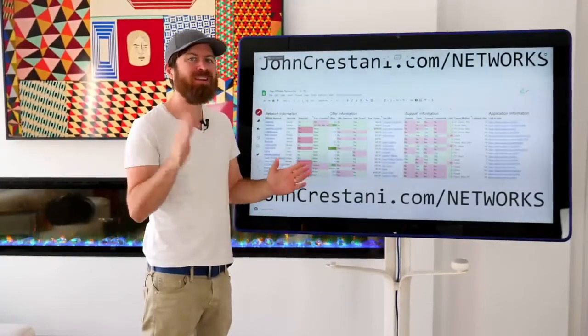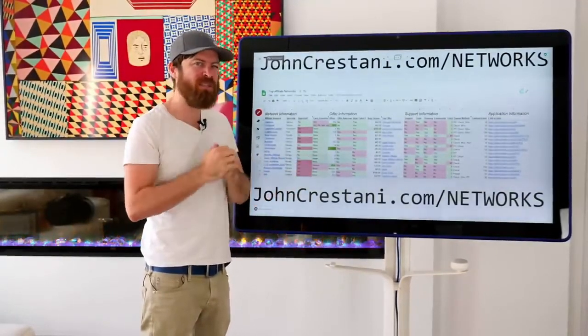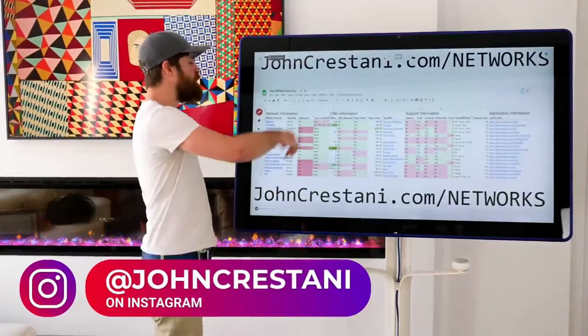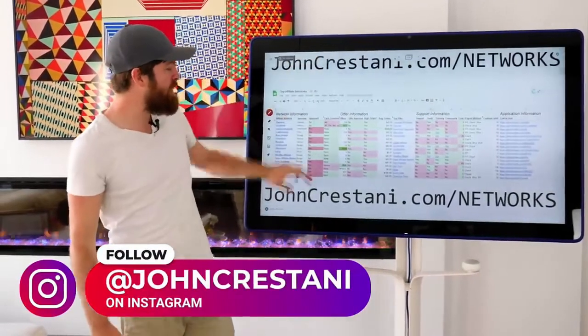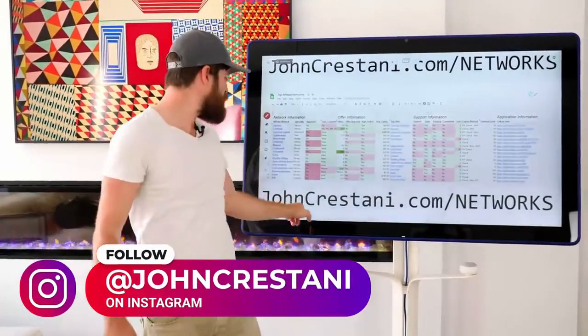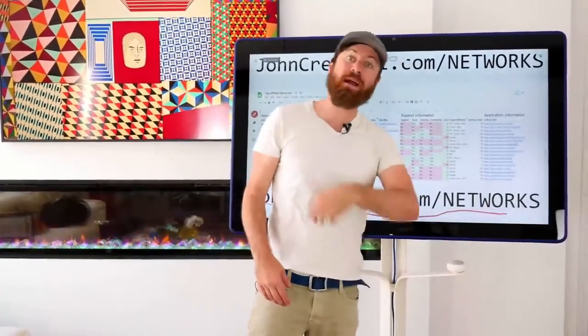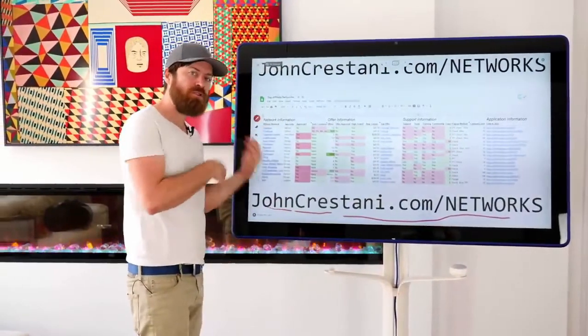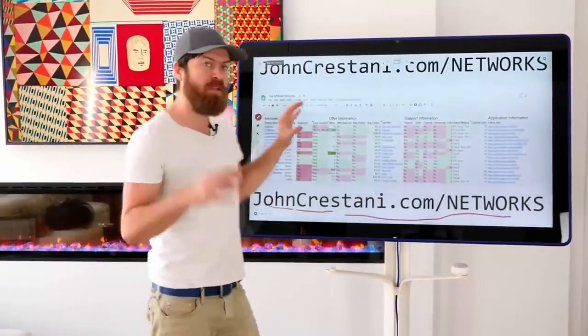I believe affiliate marketing is the number one most basic form of capitalism that you need to be doing in this century. And again, I've provided this sheet for you. If you want to join affiliate networks, I suggest you actually join all of these affiliate networks, because the more you surround yourself with money-making opportunities, the better.